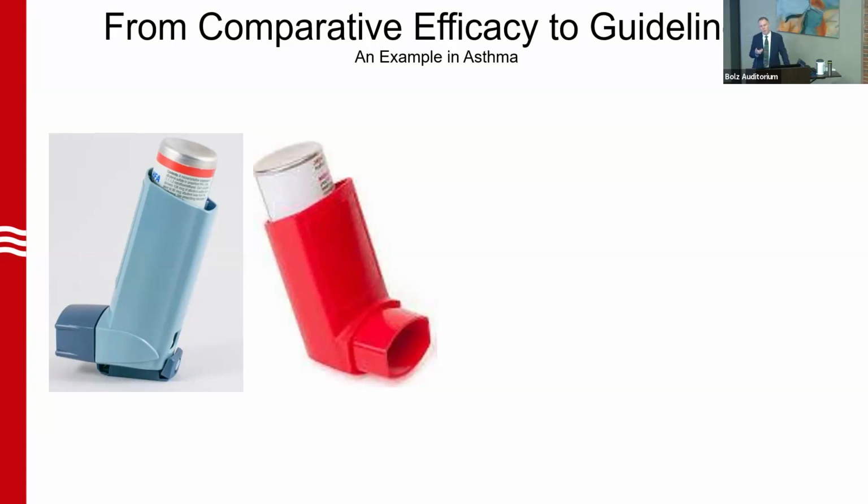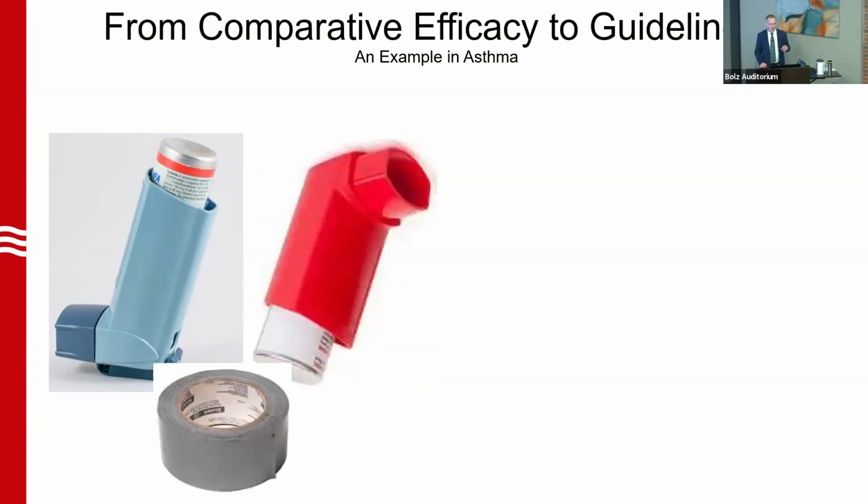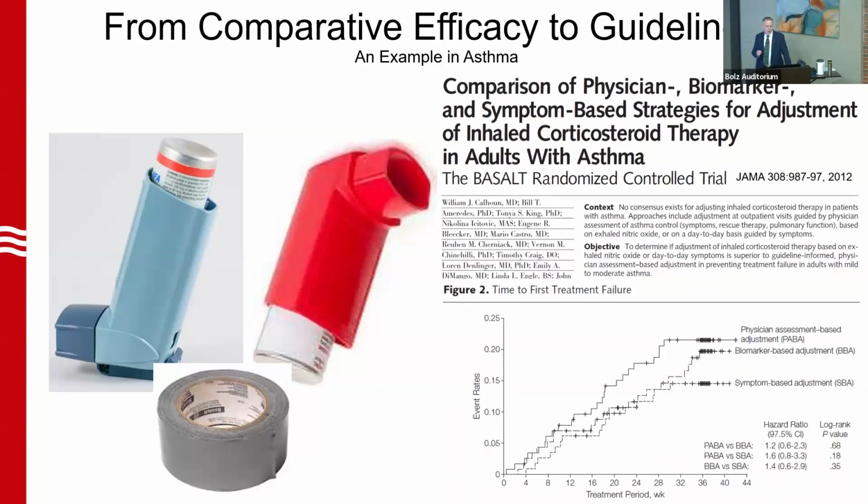We didn't have the budget to pay for a combined device, and none of the companies at the time were interested in making one. We did have duct tape, and we literally bound these 2 things together, and that was one of the arms in our trial. So the study was published in 2012. It's a 3-arm comparison trial of strategies to adjust the dose of inhaled corticosteroids in patients who came into the trial already well controlled in terms of their asthma symptoms. And so the 3 arms are really